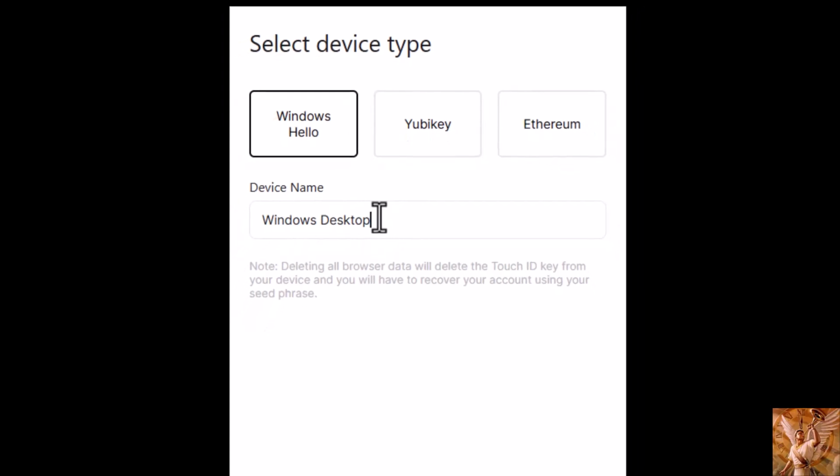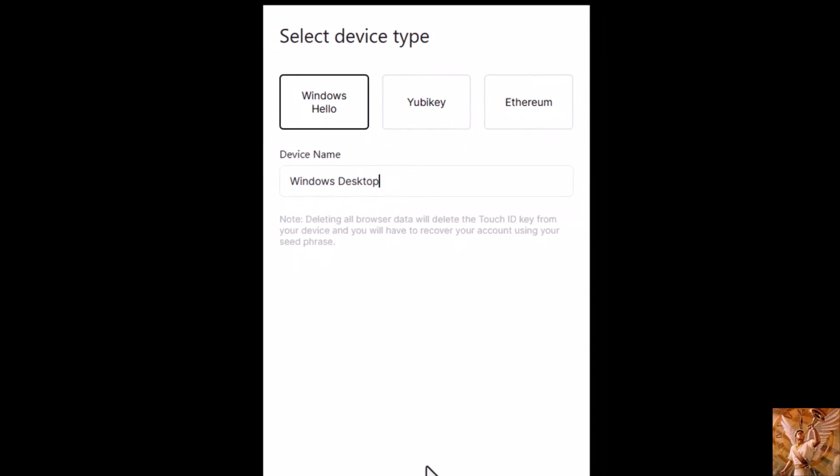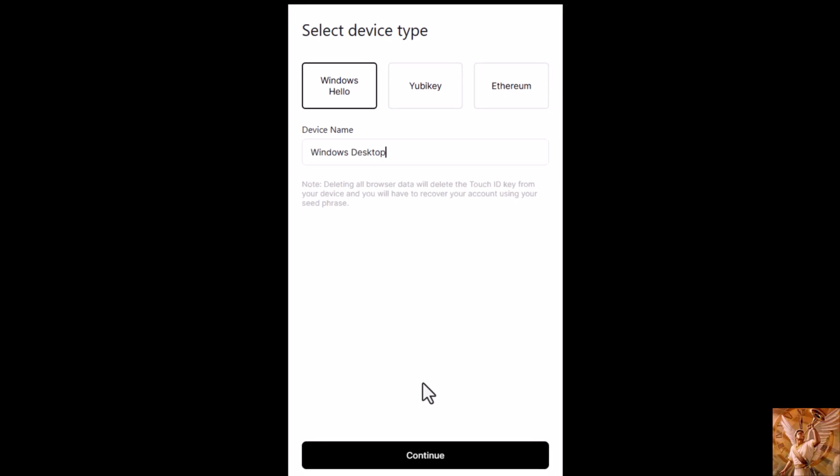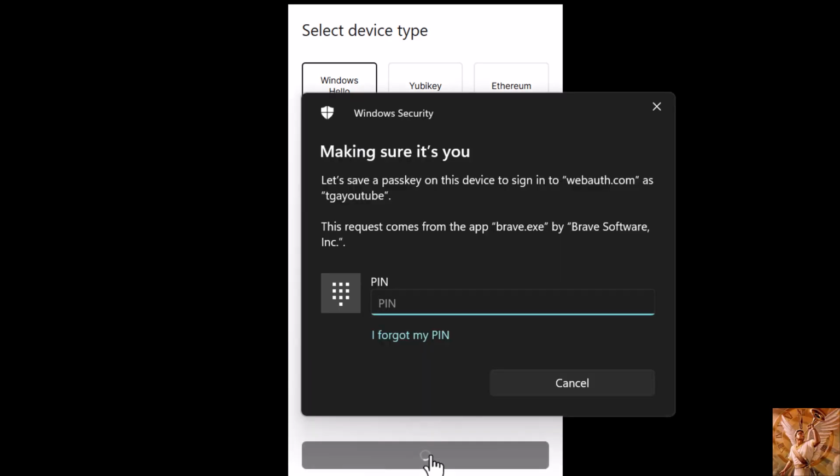So again, device name, just make sure it explains to you what the device is so that it's easy to reference when you go to choose a device to sign with. Hit continue after that, and then because I use Windows, it's going to require me to put my PIN in. My Windows PIN is the same that you use to unlock your Windows. If you're using a mobile device, it will probably scan your face or require a fingerprint or what have you, okay? But in this case, I'm using Windows, so I got to put in my PIN,